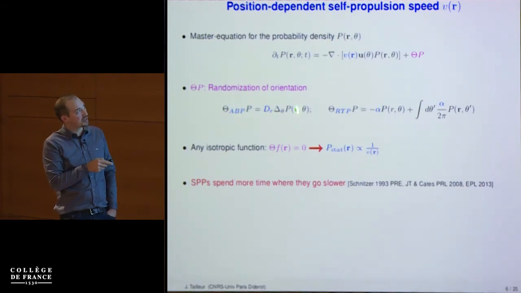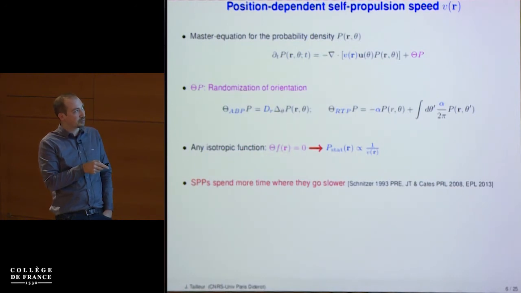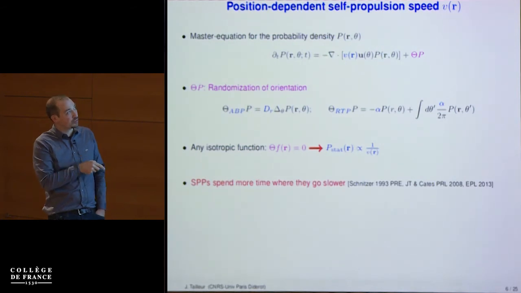That's simple to see in this case. You have a Laplacian acting on theta. There is no theta here. That gives you 0. Now, if I go back to this equation, I put a 0 here, a 0 there. So I just need the divergence of this guy to be 0. And I see that if v times p does not depend on r, well, v times p will be a constant. Divergence will give me 0.